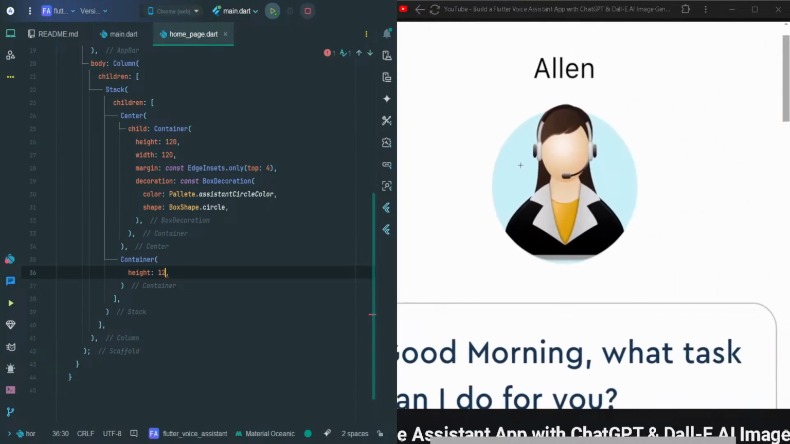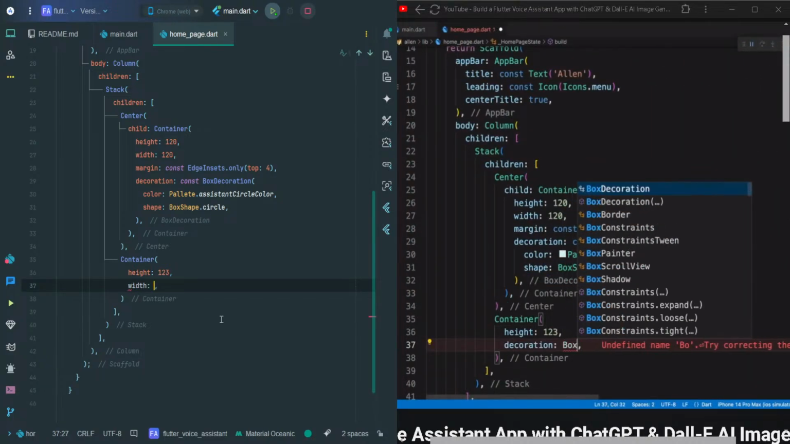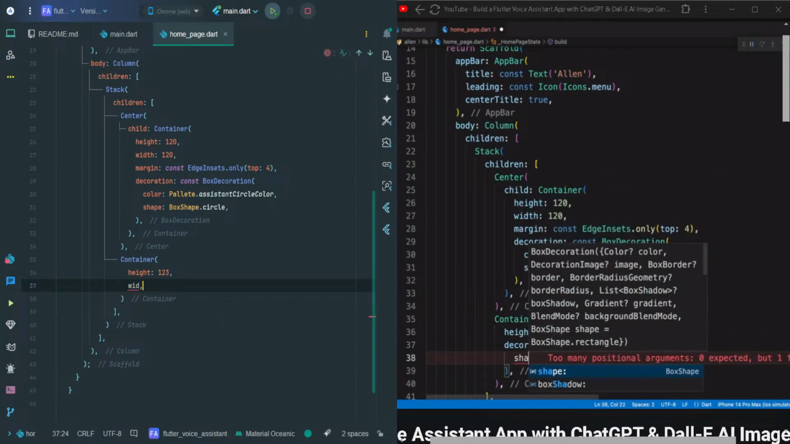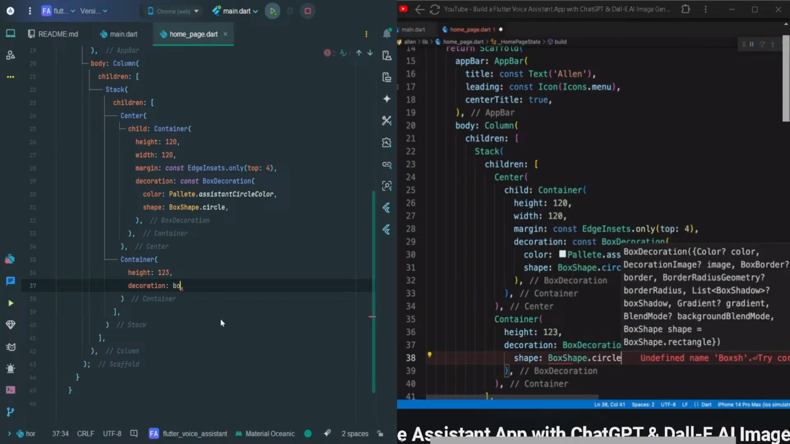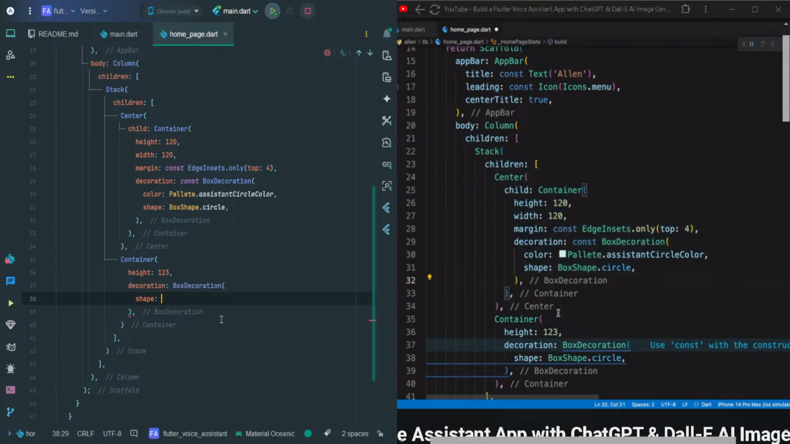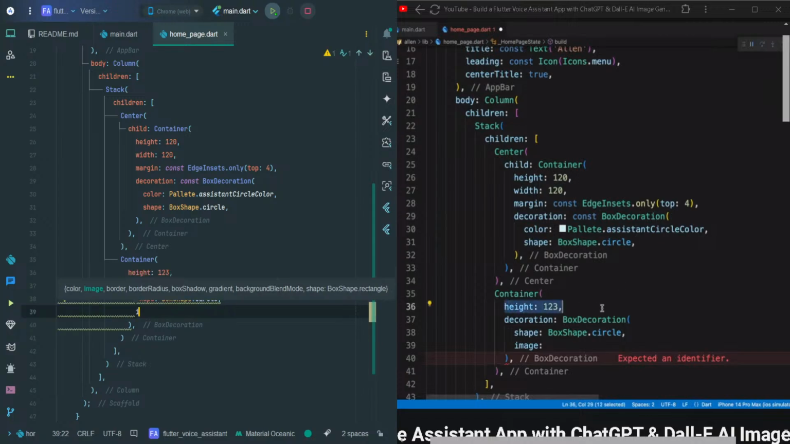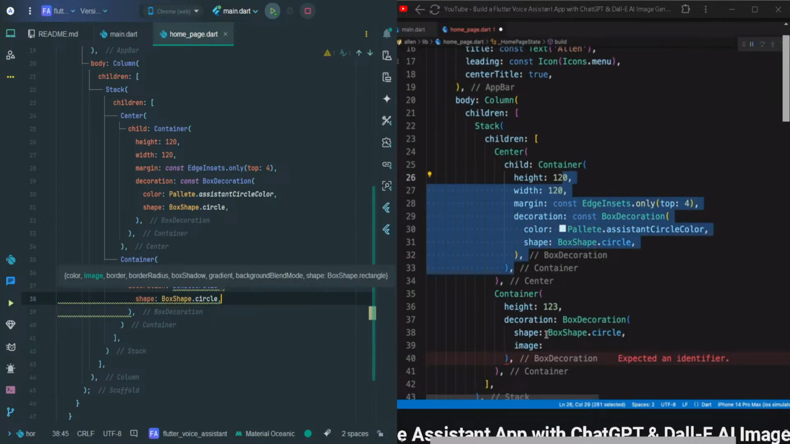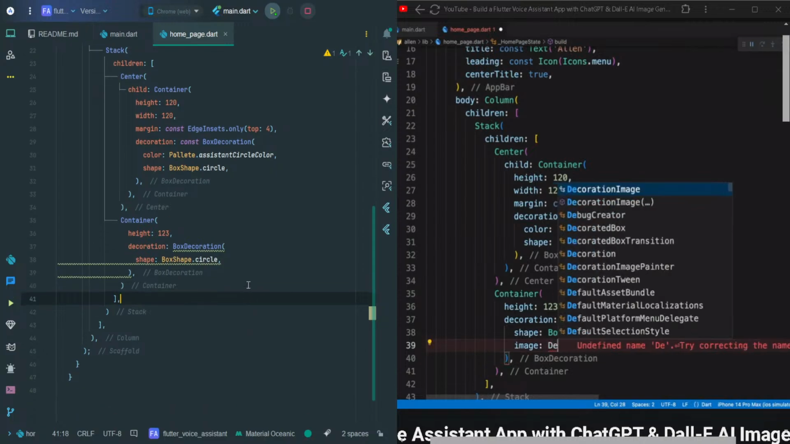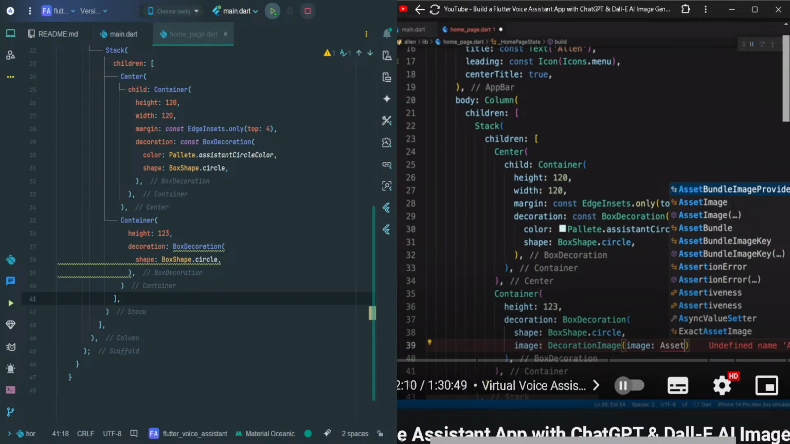I said it's going to be slightly bigger than the circle, right? That's why the height is 123. Then the decoration, which will be BoxDecoration. Shape will again be BoxShape.circle, so that we have this aligned with the circle that's going to be behind it. And then we'll pass in the image. The image property is present on the container. We didn't pass the image property here, as I said, because we want this image to be slightly bigger than the container. So we have this image, we'll pass in the DecorationImage, and then the image here is going to be AssetImage